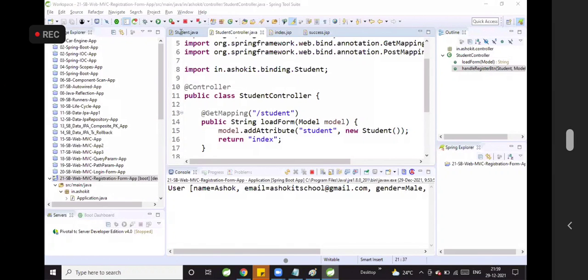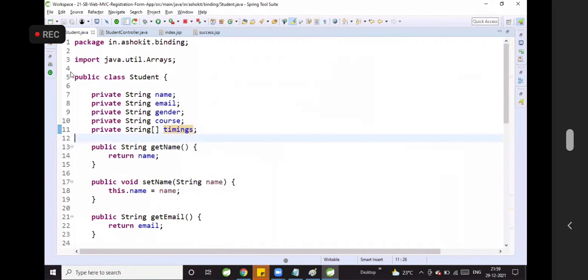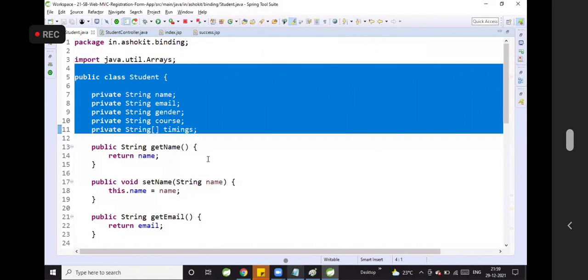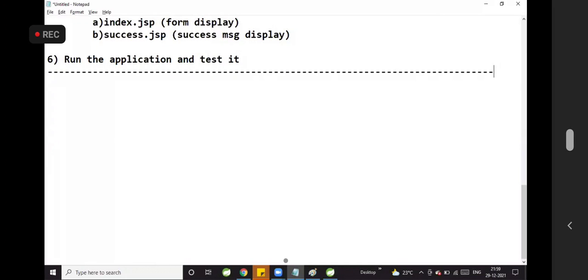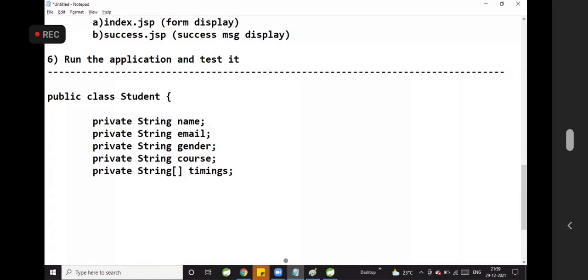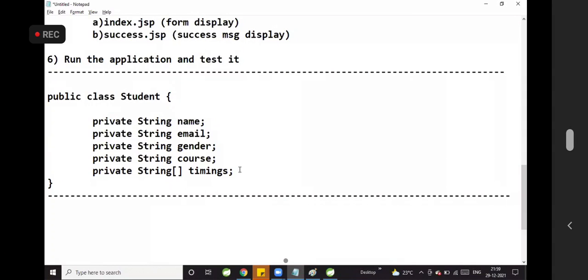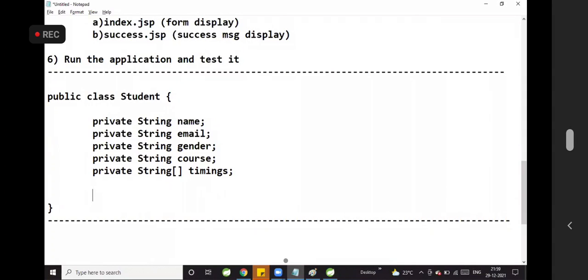Cool. So we completed our form development. I will give this code guys, but don't copy paste it. I want you people to try on your own. You need to write the setters and getters for these variables.